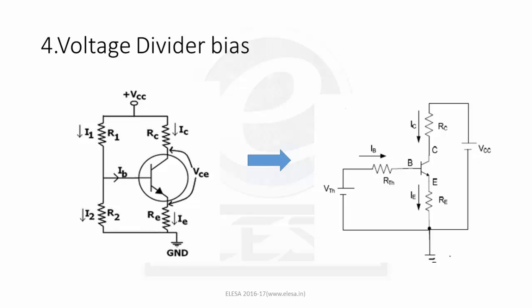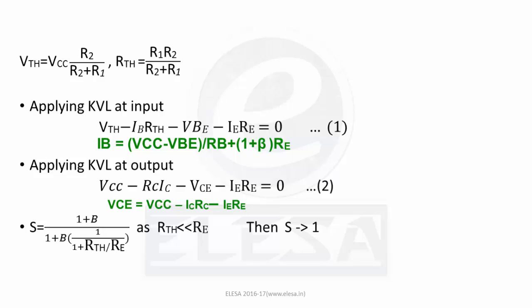So by seeing the figure, we have to convert this circuit to the Thevenin equivalent circuit. In that, we find that VTH equal to VCC times R2 divided by (R2 plus R1) by the voltage divider rule, and RTH equal to R1 parallel R2, that is R1 R2 divided by (R1 plus R2). Applying KVL at the input side, we get VTH minus IB RTH minus VBE minus IE RE equal to 0. By arranging this equation, we get IB equal to (VTH minus VBE) divided by (RTH plus (1 plus beta) times